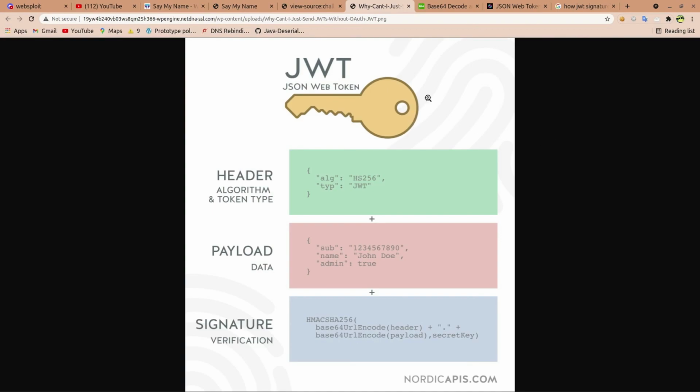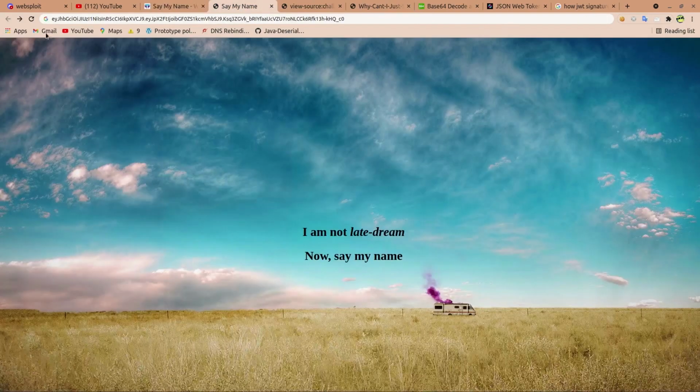And this looks secure, but if this JWT token is not properly implemented, it will lead to certain vulnerabilities like authentication bypasses. So that is what is actually happening in this challenge. In this challenge, in the backend, it is using a secret to validate this JWT token, but it is a very weak secret.